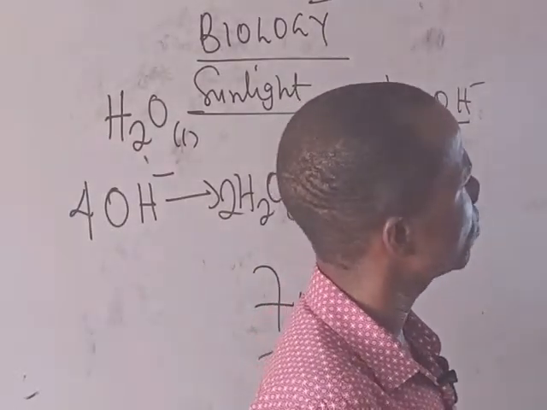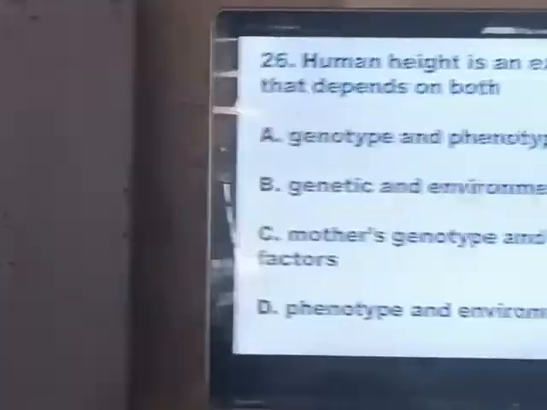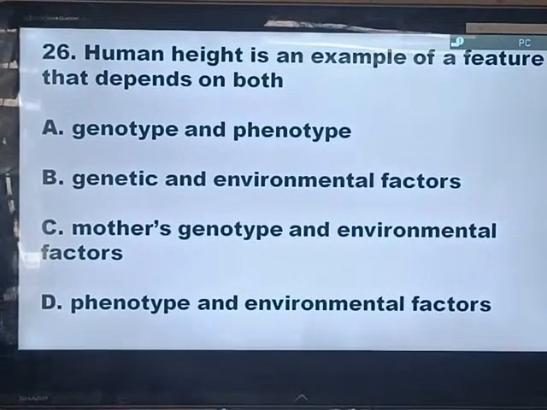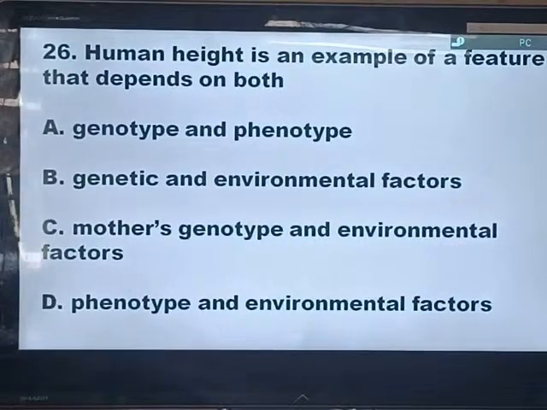Let's go to number 26. Human height is an example of a feature that depends on both. Now, human height is an example of a morphological variation or continuous variation. And we know that human height is controlled by two things, the genotype, isn't it? Now, if a person is tall, that is partly responsible for the gene that particular person has gotten from the parents, isn't it? Not only that, a person who is tall can also be partly,